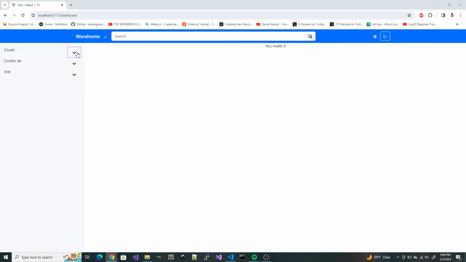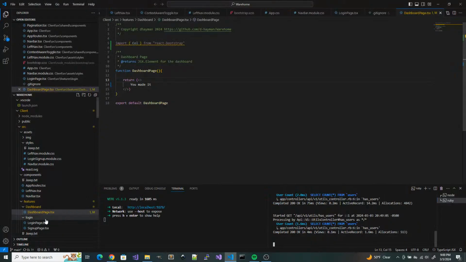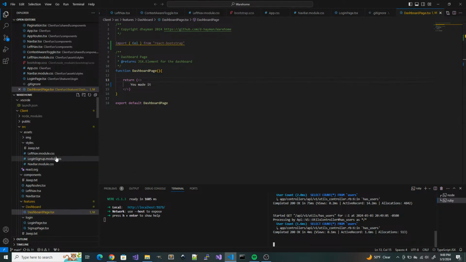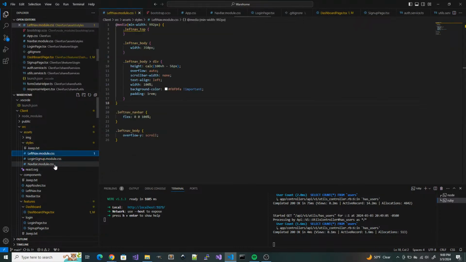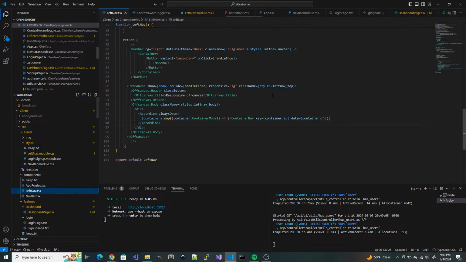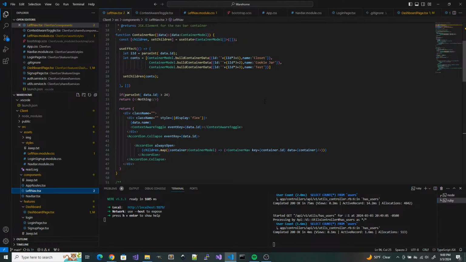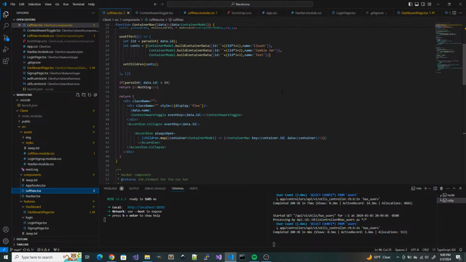so where we last left off, we got this custom accordion component cobbled together from the React Bootstrap accordion with... where are you? Sorry. Here we go. Yeah, so instead of using the normal accordion component, what I went ahead and did was,